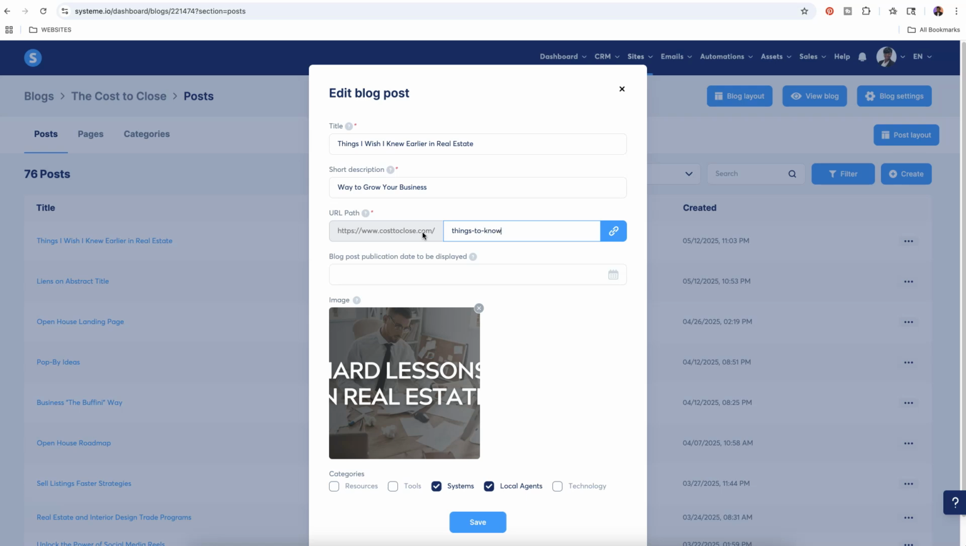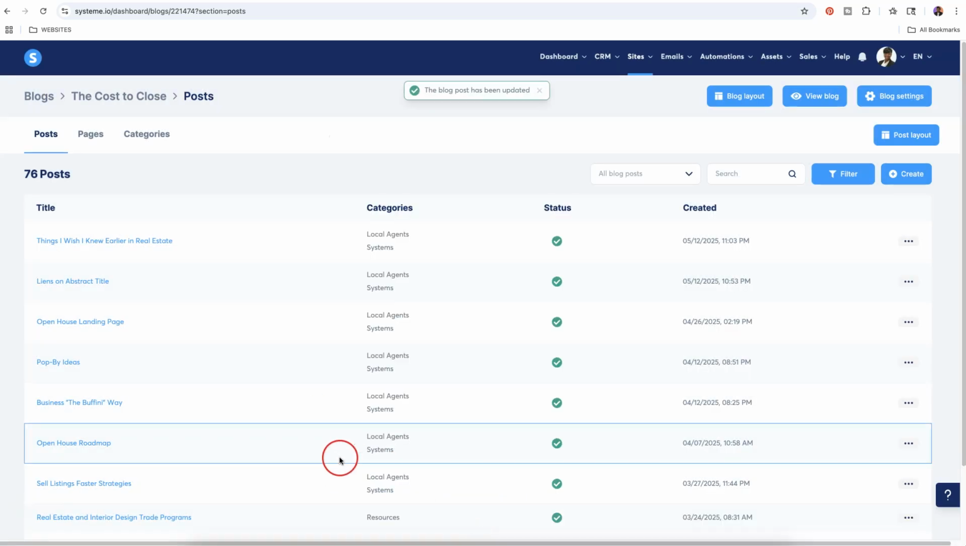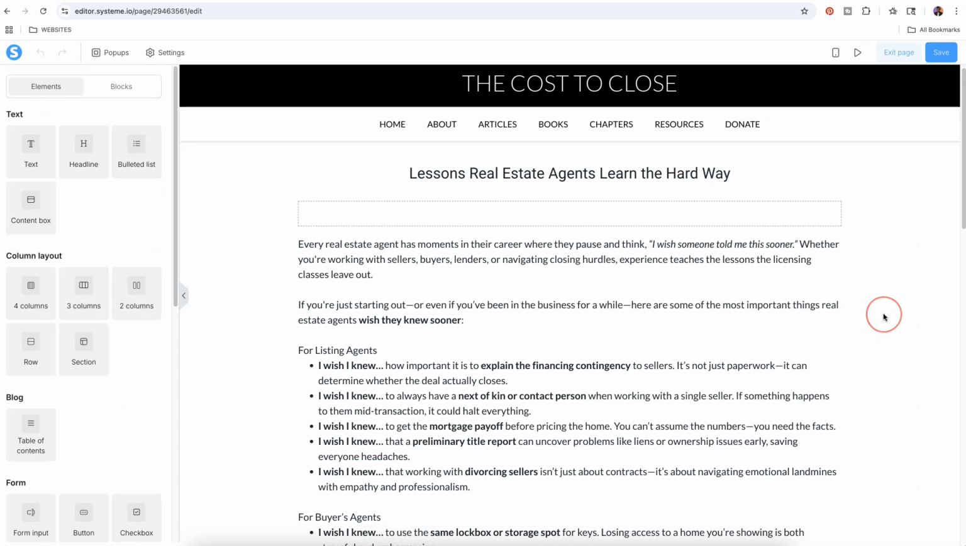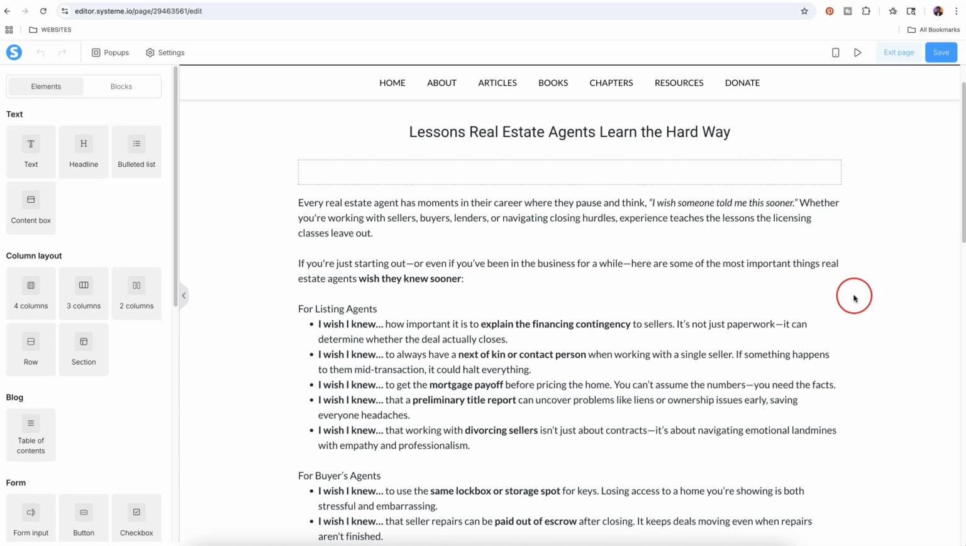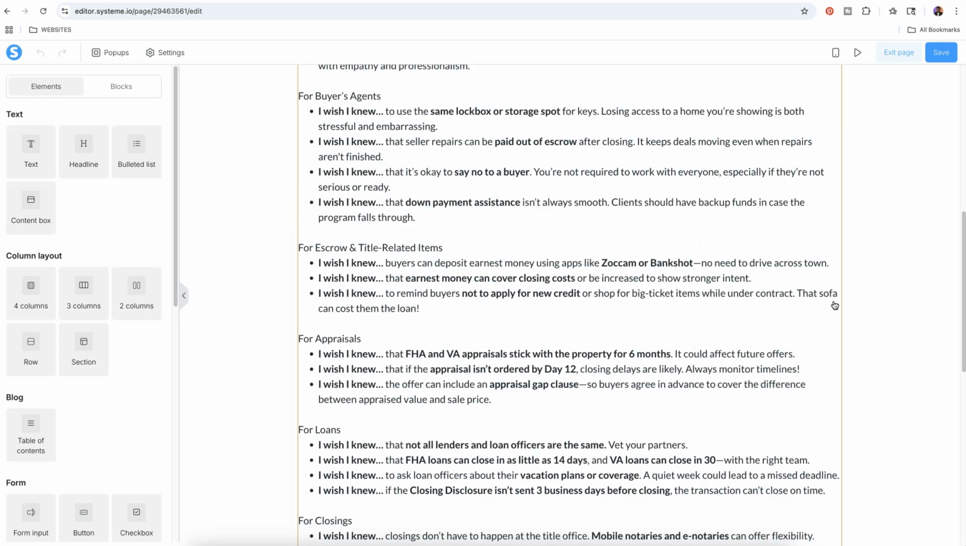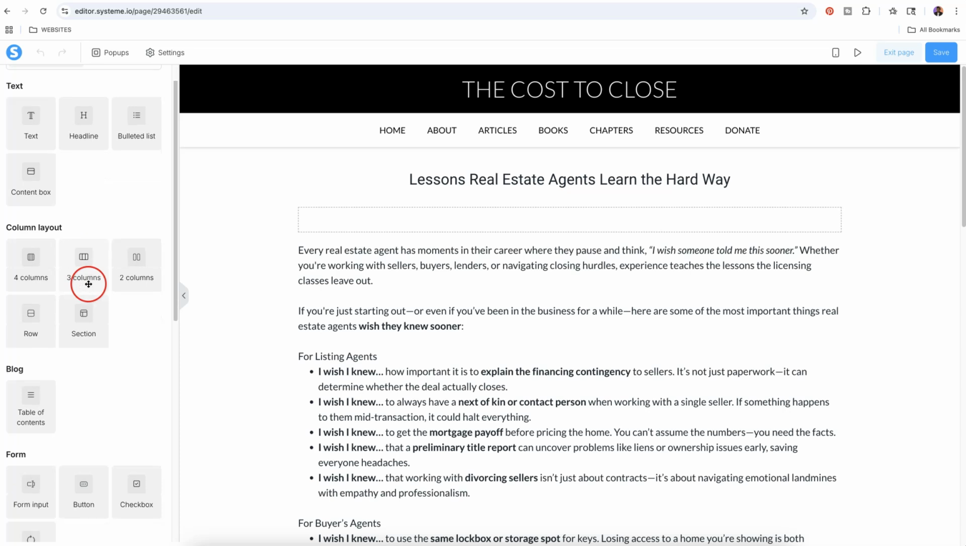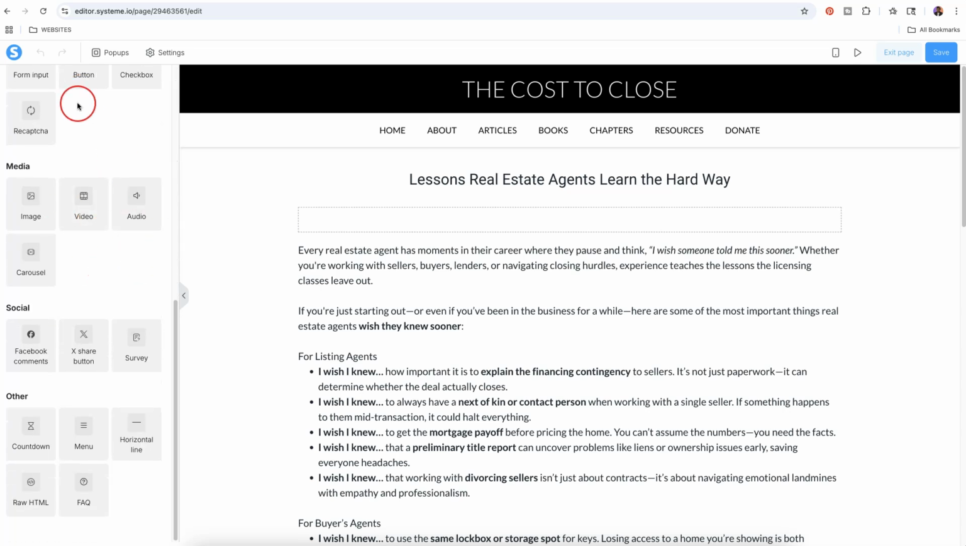I'll just say things to know. And then this is the actual image, and these are the categories, and click save. And so this is what the blog looks like. So blogs have special templates that they have to use. So the same elements that you can put on the main website, you can put on this